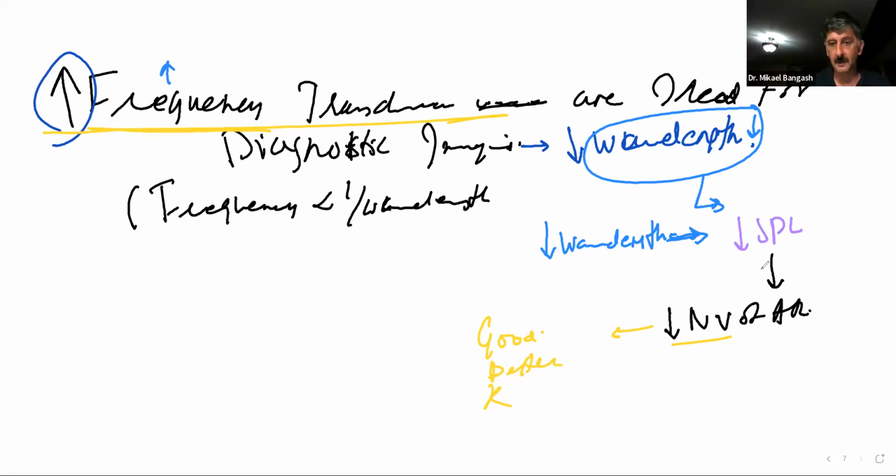The shorter that spatial pulse length is, the lower the numerical value for your axial resolution. And the lower the numerical value, the better the axial resolution will be, which means it will be easier for us to